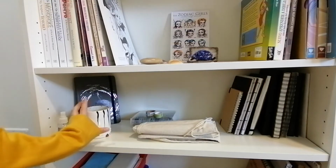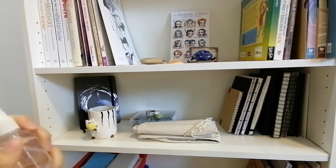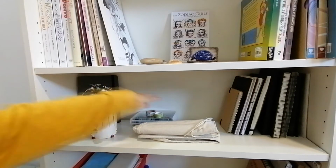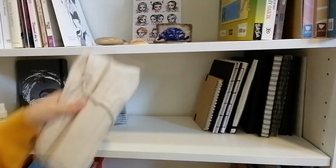So over here on the second shelf, we have my little painting cup, and I have my watercolor supplies at hand because that's the traditional media I use the most, apart from the usual things I have in my pencil case. So I also have a little water spray bottle, a agenda my boyfriend gave to me, some washi tapes in here for painting, my brushes here in their own case, and then here is